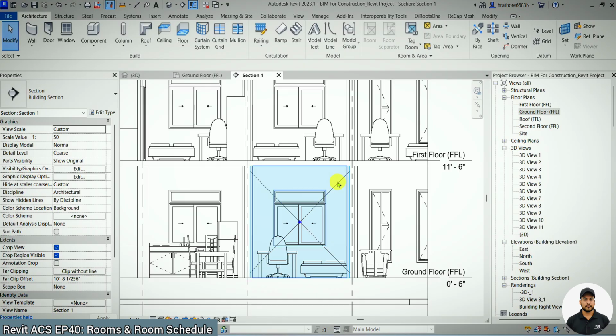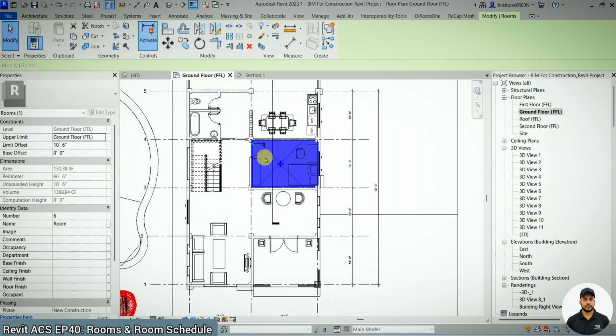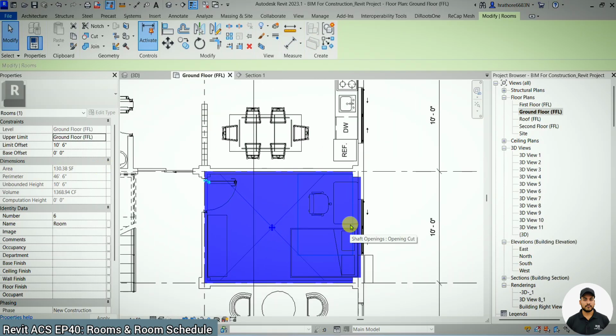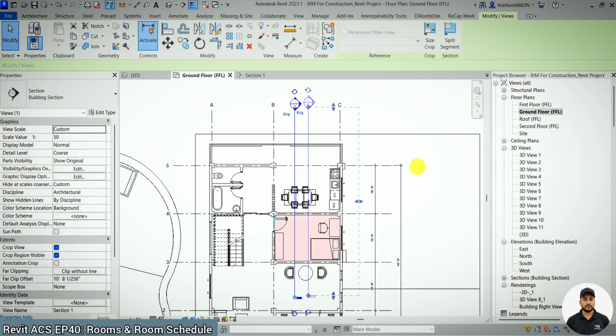Okay, so this is how you have to make sure that the room bounding height is also correct to calculate the correct volume. But to calculate the area, it requires only the length, width and proper room bounding, which we already have. Okay, now if you want to place those rooms, or all of the rooms that you are having,